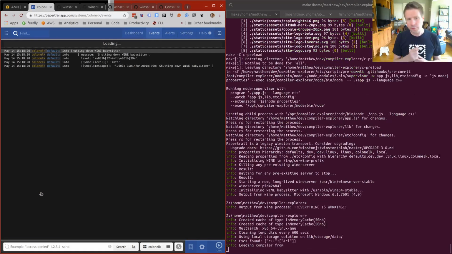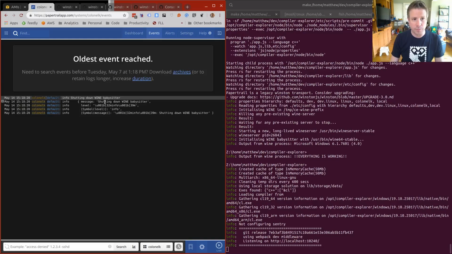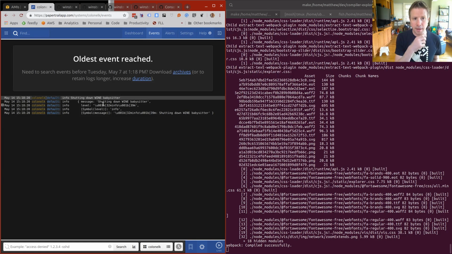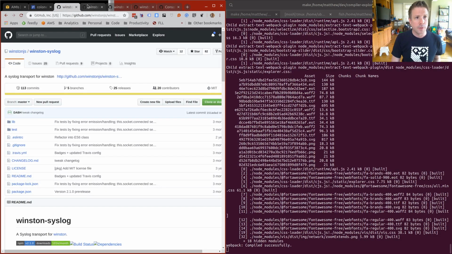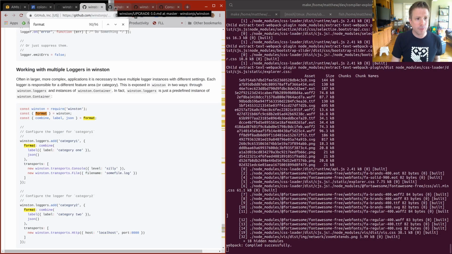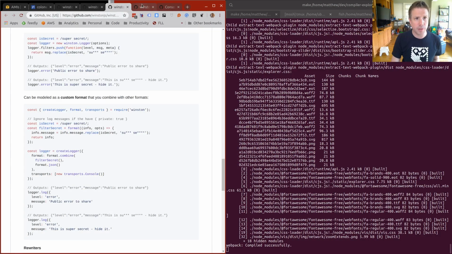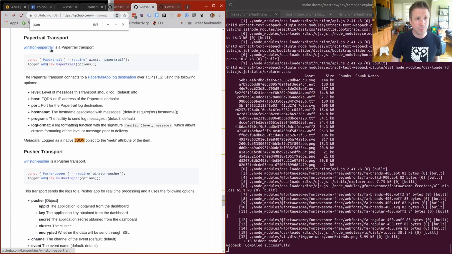But obviously that's not really what I wanted. So we get a different message here. And the level and everything have got... yeah, we need to decolorize them, or at least... I think it actually supports color, but this Winston syslog... Now, maybe there's a different version. Because here it was telling me to use Winston Papertrail, and it says it's a legacy.